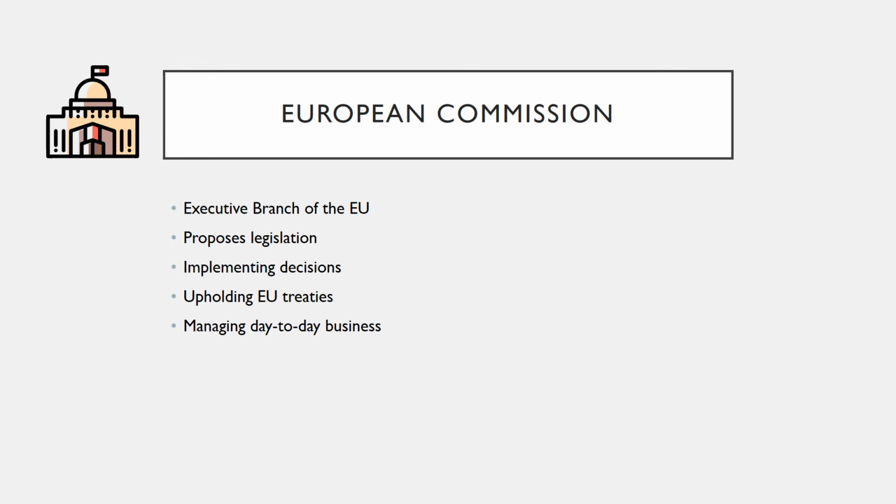The term Commission is variously used, either in the narrow sense of the 27-member College of Commissioners, or College, or to also include the administrative body of about 32,000 European civil servants who are split into departments called Directorates-General and Services. The procedural languages of the Commission are English, French, and German. The members of the Commission and their cabinets, immediate teams, are based in the Berlaymont building in Brussels.